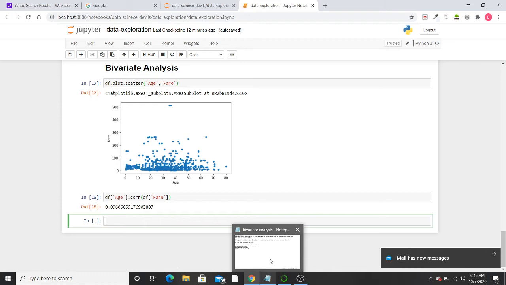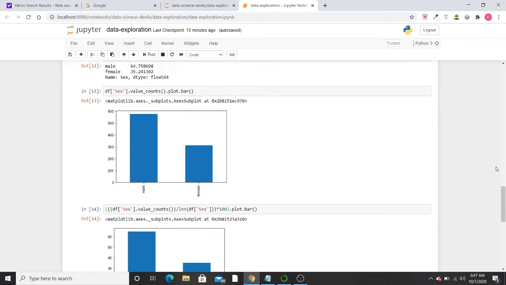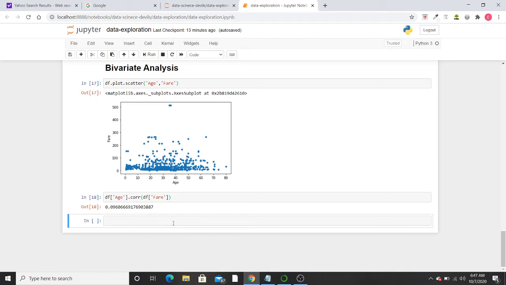Okay, so moving on to the second type, categorical and continuous. What we do, first of all, is group them using the df.groupby function, and then we try to infer some statistics out of them, like what is the mean, what is the max. Now consider an example where one column you are taking into consideration is the sex column and the other column is age. So what kind of statistic can I infer? I can infer the mean age of males, the mean age of females, then the maximum age of males and the maximum age of females.